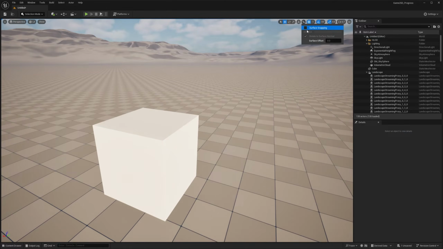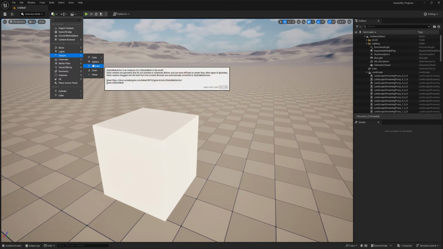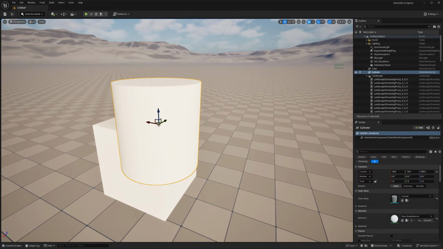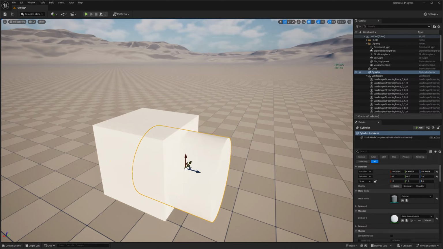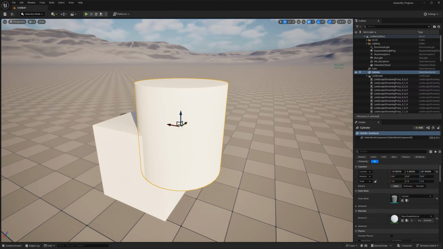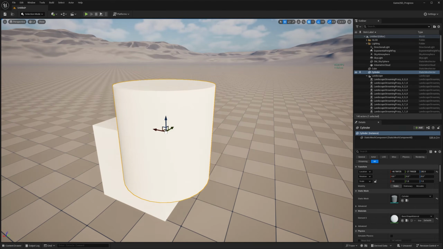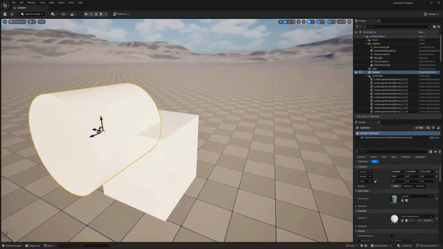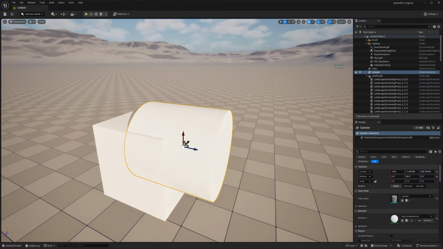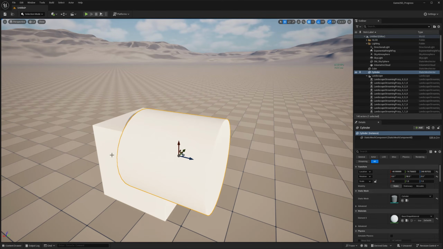If I go to this snapping and I say surface snapping and enable it, every time I create something like this, for example, the pivot is going to be snapping into that location. Notice that it's not the object, it's the pivot. In the case of the cylinder, the pivot is in the center, so the pivot is snapping to where it's supposed to be. If the pivot was in the base of the cylinder, then the whole cylinder was going to be snapping into that position.